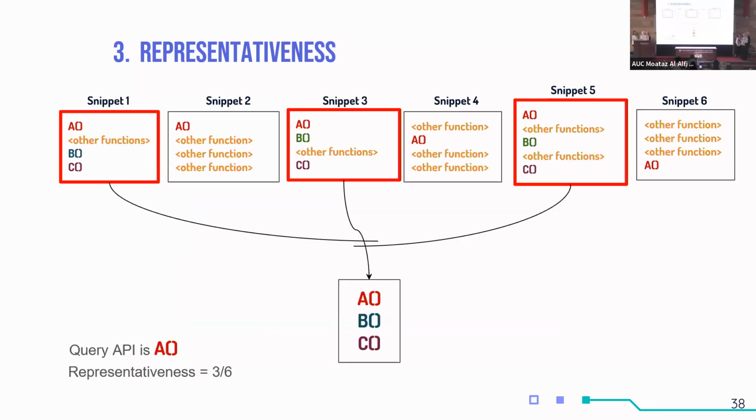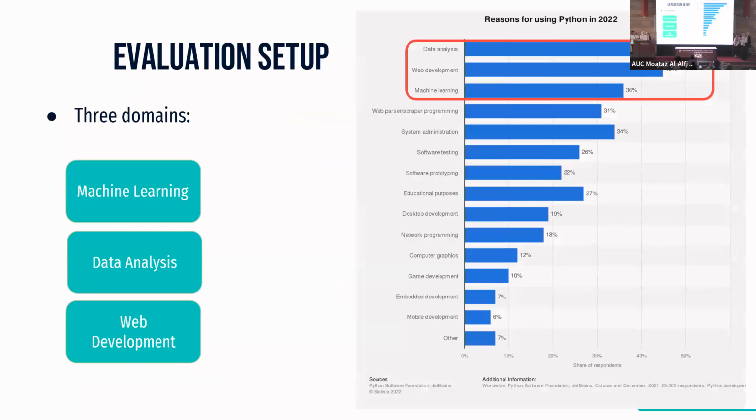So to demonstrate, imagine here that the query API is A, and we have a code corpus that contains 6 code snippets filtered by this query API. And the generated example contains a pattern which is ABC. This pattern is generated using 3 out of the 6 code snippets in the corpus, which means the representativeness is 3 out of 6. For the evaluation setup, we tested on Python APIs from 3 domains: machine learning, data analysis,